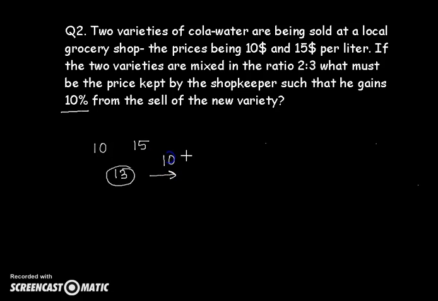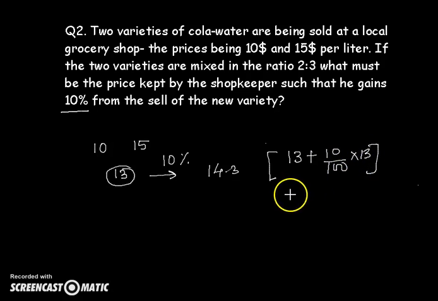So if you increase 13 by 10%, you should be able to get 14.3. The calculation is something like this: 13 plus 10 upon 100 of 13, which will give you 13 plus 1.3,